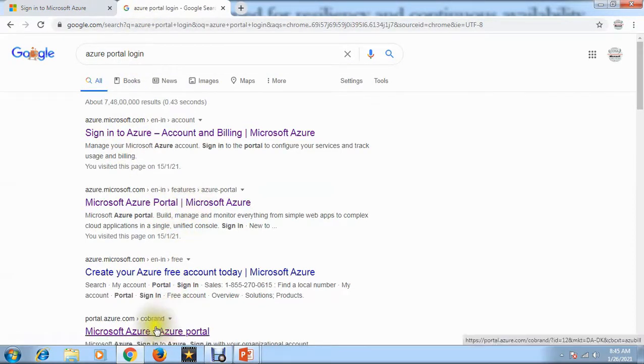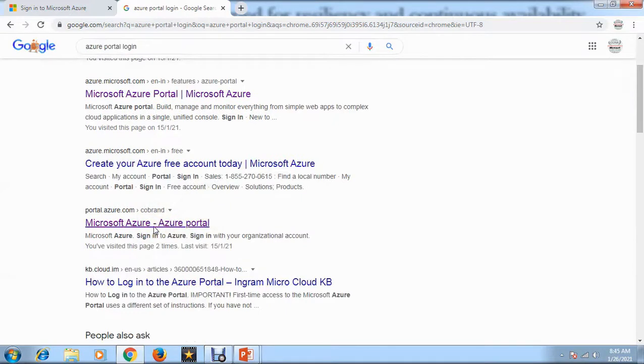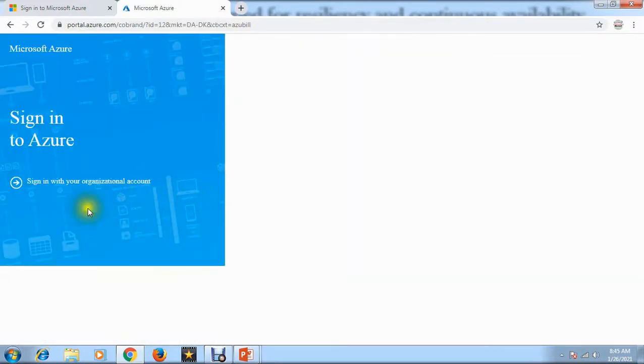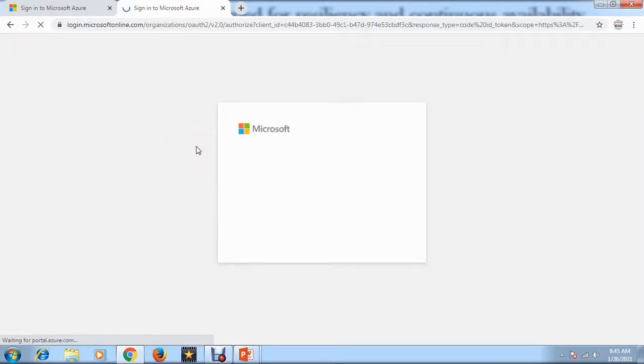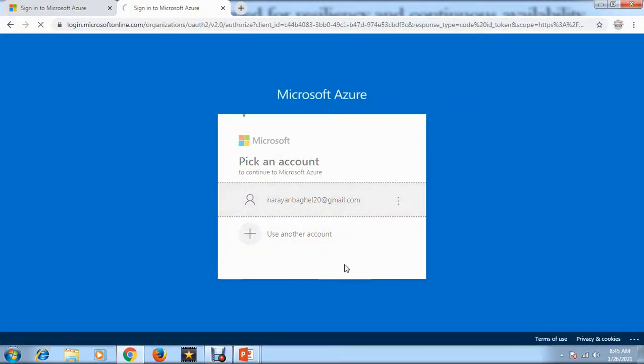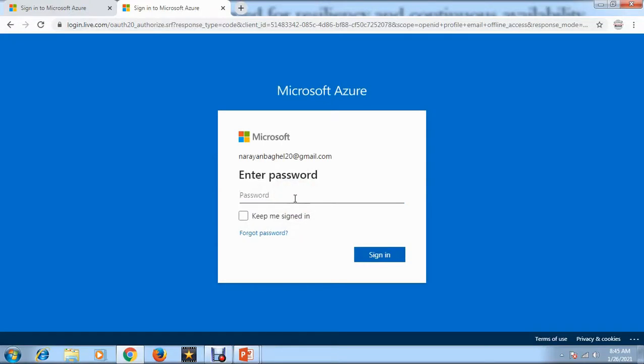This is the login page. It is asking me to sign in with your organizational account. From here you can log in to this portal with the ID which you use and give the password.